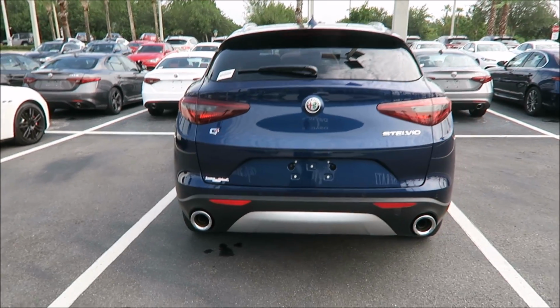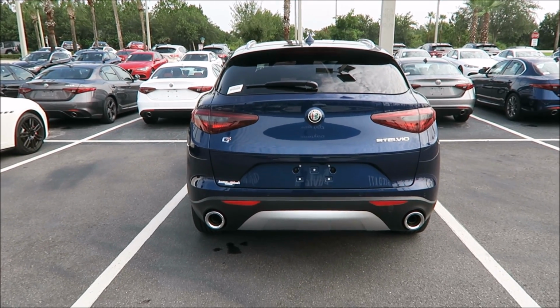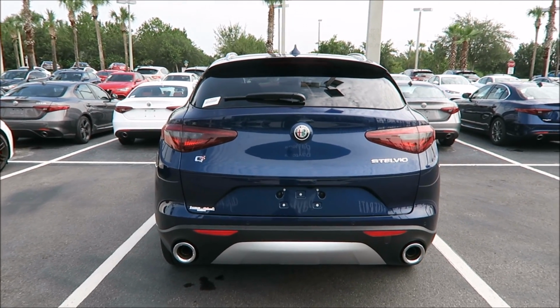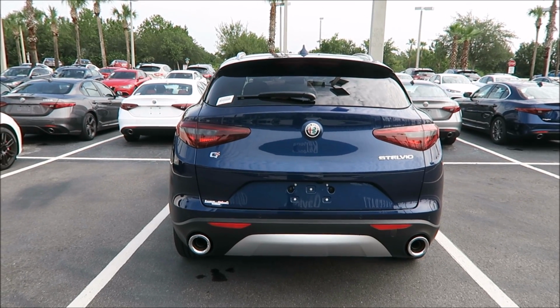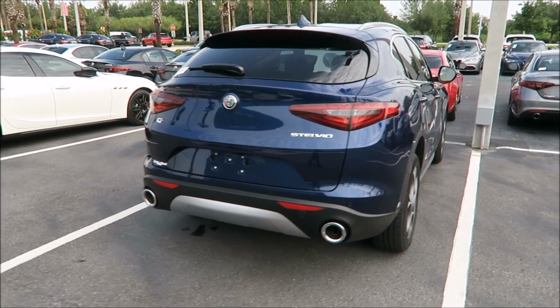But they do have the TI versions in, but like I was saying earlier, they are getting detailed, so they are not available yet to be shot. So I'll make a video about that later. But here's your base model